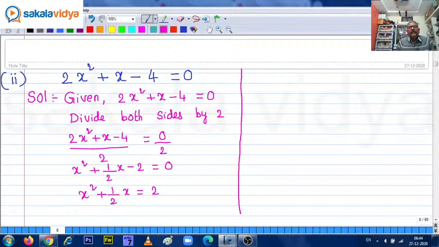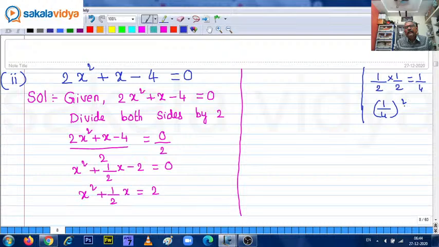Here I will tell you one logic. What is the logic you need to apply? Take the x coefficient separately, 1 by 2, and multiply with 1 by 2. Always remember. This you get 1 by 4. So what both sides we need to add? 1 by 4 whole square, add it. Definitely left hand side can be put as a perfect square. So that means we need to write adding 1 by 4 whole square